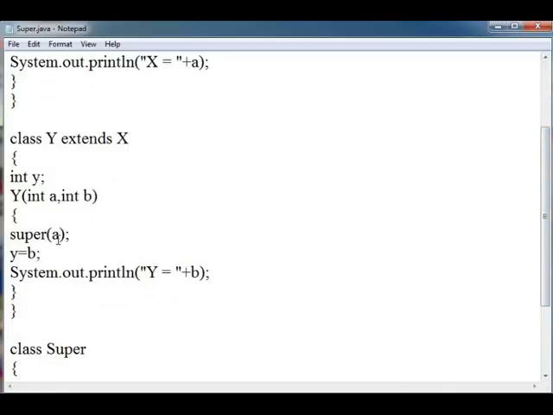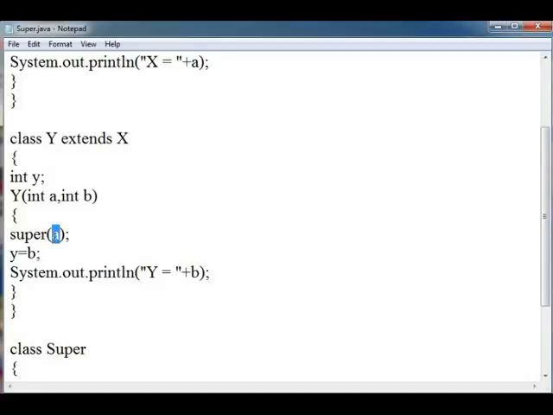Super should be used just after the curly braces, not after any statement. Super is written first, as the first statement in the constructor, if it is used. Okay, so here I am passing the a in the super.